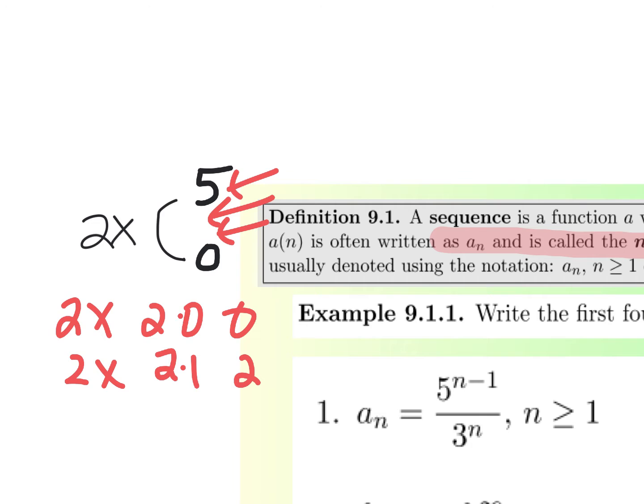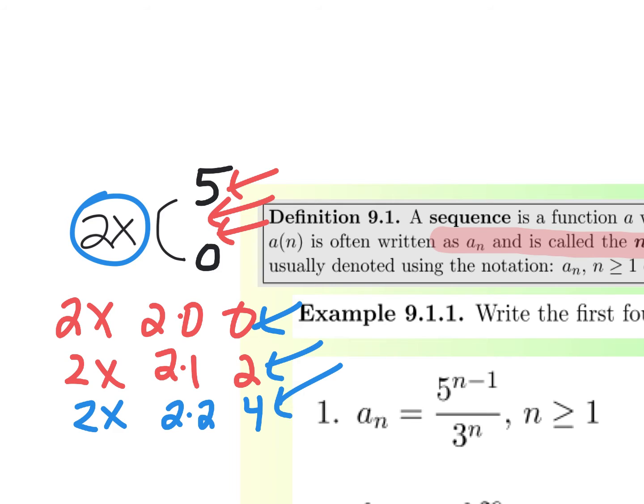You see how that's being generated? 2x is kind of my term generator. And I keep sticking in numbers. So if I take 2x and I stick in 2, it'll be 2 times 2, and then it'll be 4. So look at this, 0, 2, 4, and you might be like, why don't you just say we're just going to keep adding 2 each time? Yeah, that's what's happening. But there's this way of writing it that you kind of got to get used to,